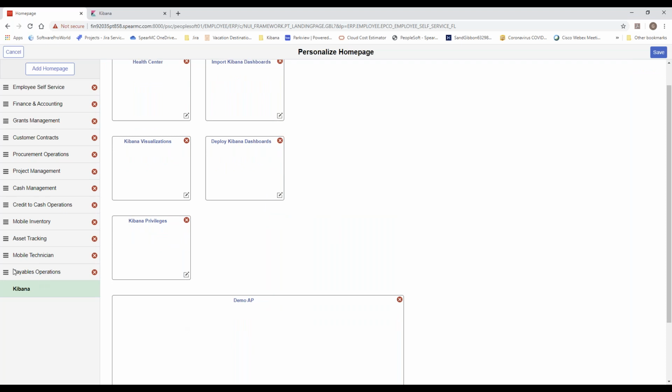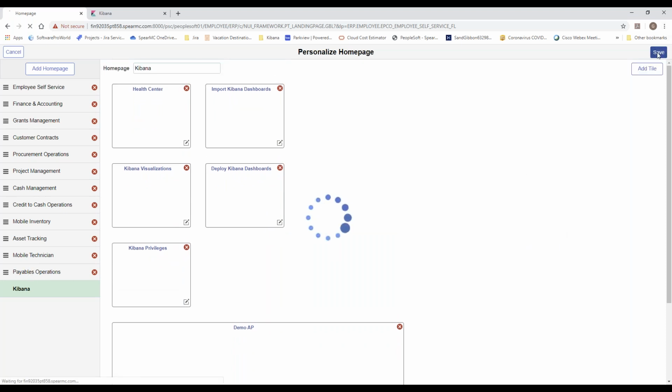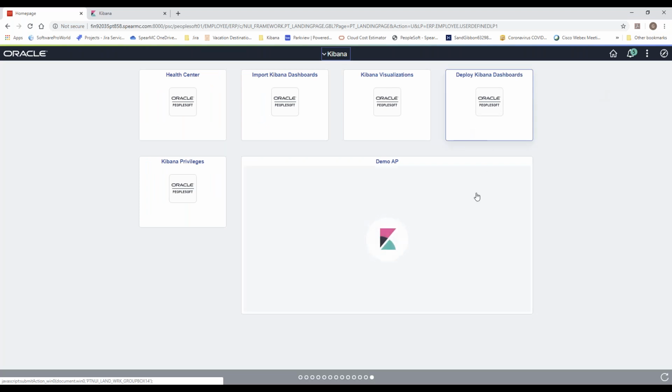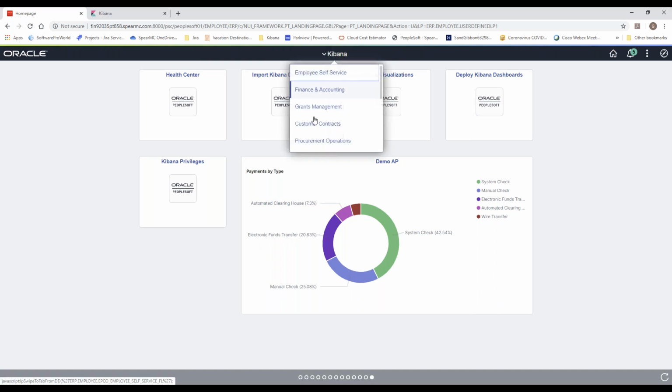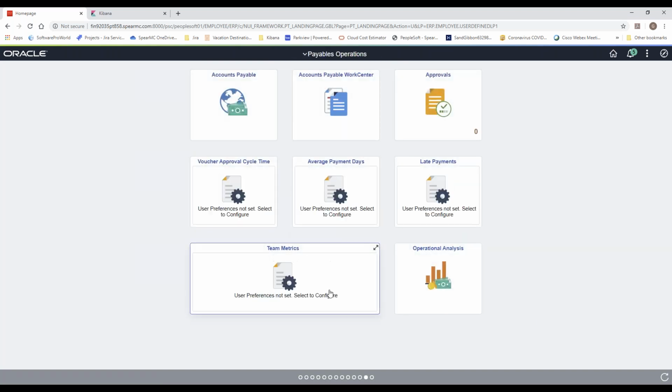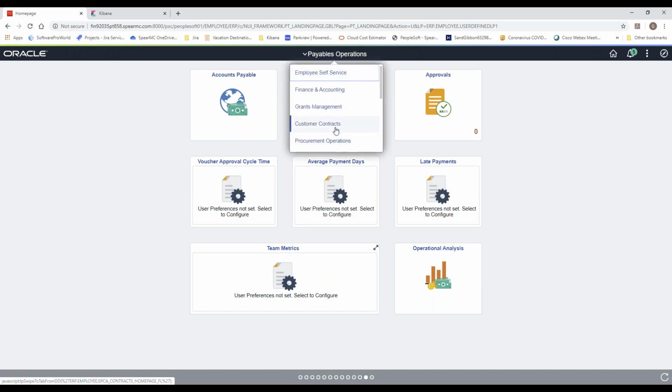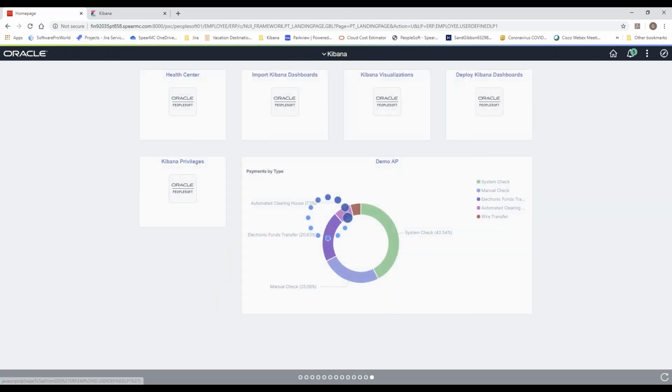Technically, it would make more sense to add it into that payables page, but just so we have it right here, I'm going to save that. Now, we see that embedded single tile view right here in PeopleSoft. So with it being on the Kibana tab, it doesn't make as much sense, but I should have added it here on this payables tab. Anyway, here nor there at this point.